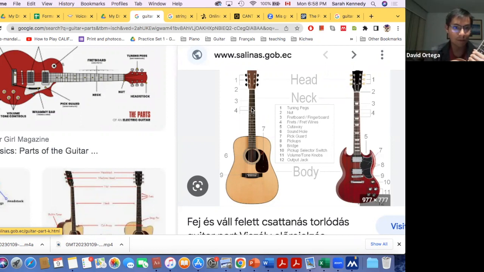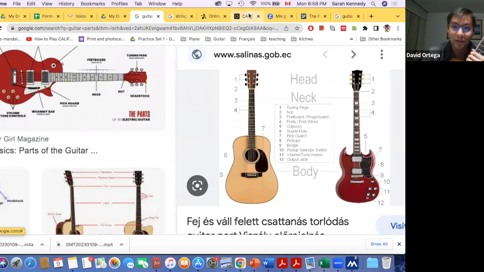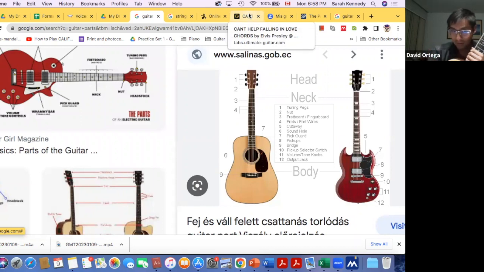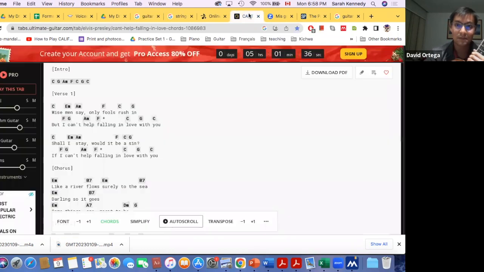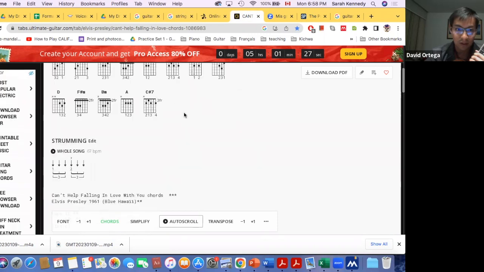So now that we know the basics, I can start showing you your first chord. I do this because of methodological reasons. We're going to use Ultimate Guitar. I really like this website and the way that they show how to play the different chords. All right. So, for example, if we get started with this famous song by Elvis Presley called Can't Help Falling